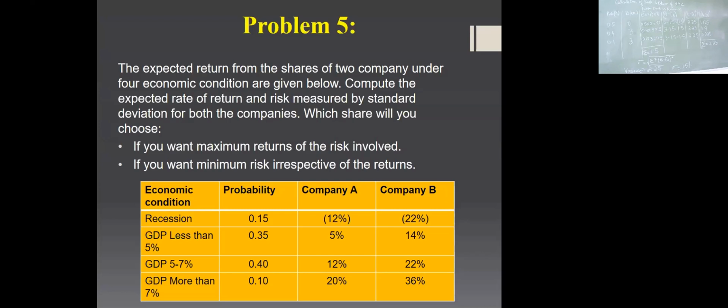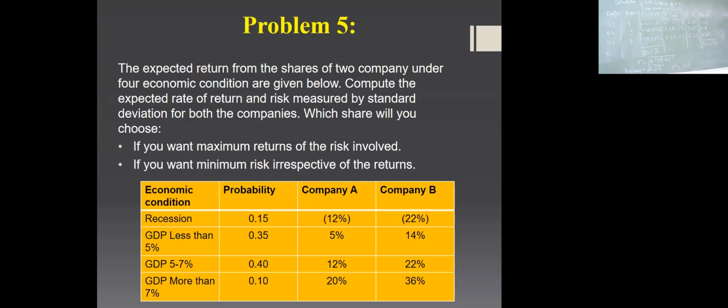So normally economic conditions, there are 4 types of business cycles that a particular economy faces. We have boom, depression, recession, and then recovery. So recession, we know where the GDP level of the country will entirely go down, inflation will be high, and it is a very bad situation for a particular country or an economy. So at those times, the shares that are traded in the stock markets also will give you negative returns.